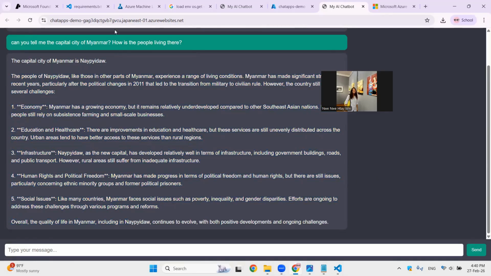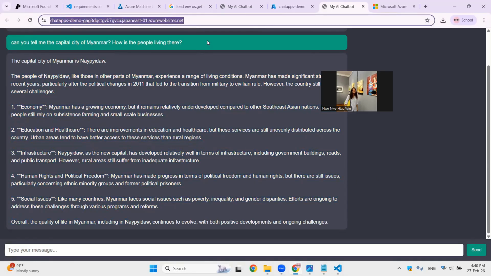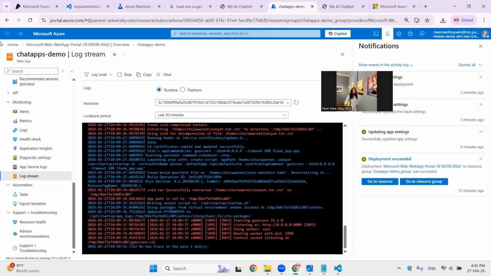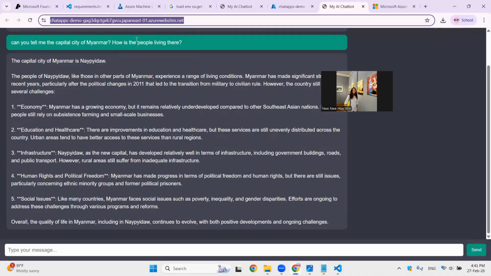You can share your link with the public, and it will keep working as long as you host it in Azure. You have to host your model on Microsoft Foundry, and also host your application. As long as you host them, you have to pay the price. Okay, that's it. This is how we finish